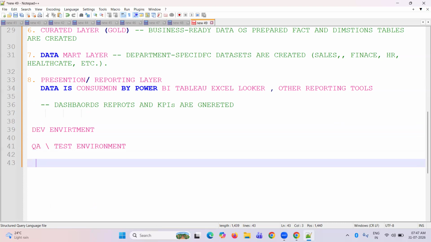So here, deploy the code from dev to test. Perform functional testing, integration testing, and UAT. Okay, and validate data quality and business logic. Okay, this one here. Then UAT,